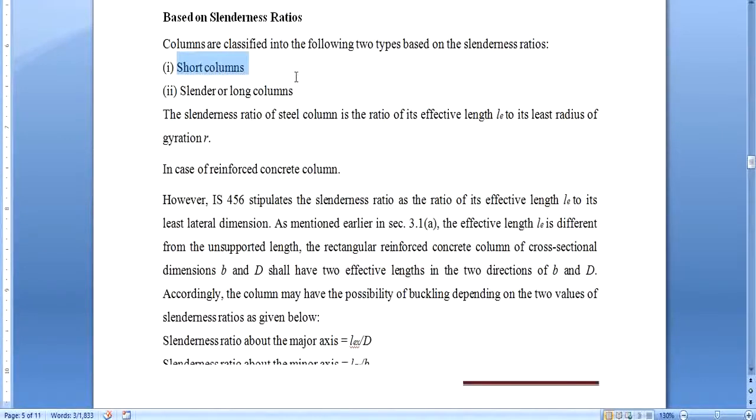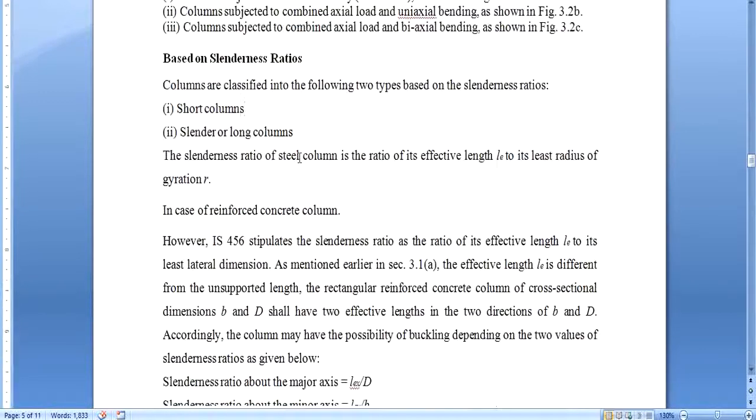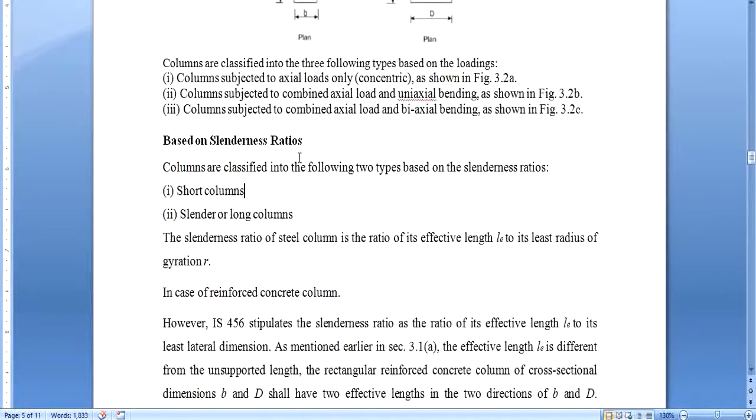What are the design criteria, what are the criteria for longitudinal reinforcement, what are the criteria for ties, what are the IS code specifications for that, and what are the formulas given in the IS code, we are going to study in the next session. So make sure that you have the IS code with you.